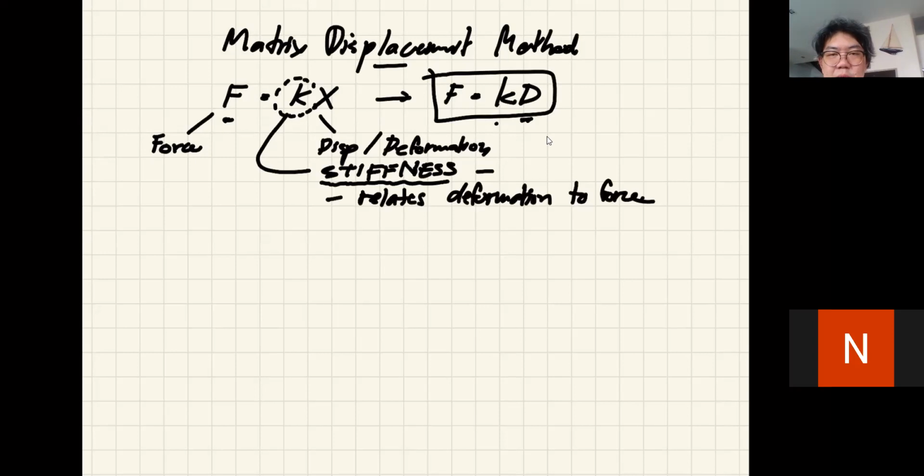For example, if we're talking about the truss, the stiffness should be about the deformation of the truss or the two-force member. If you move on to the beam, the stiffness should be about the rotation of the joint. And if we're talking about the beam-column or the frames, now the stiffness should represent both the axial deformation